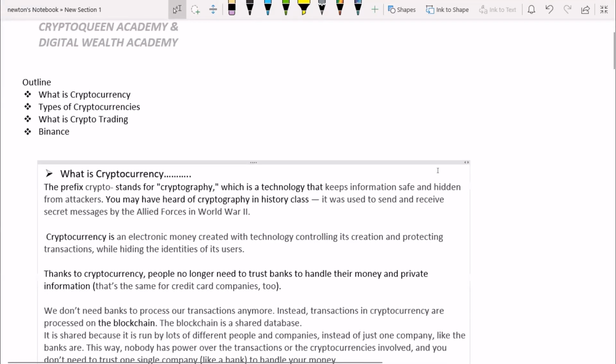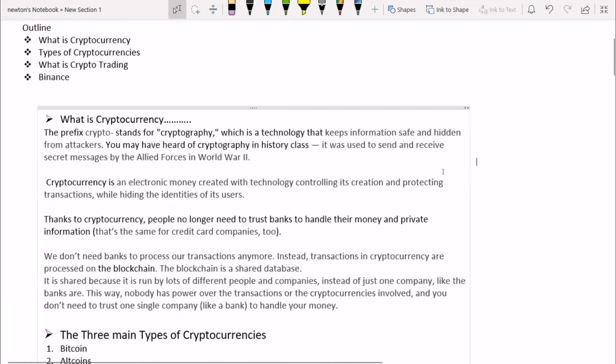Of course, we want to quickly look at what cryptocurrency really is. That word, cryptocurrency. You need to be aware that we have what is called cryptography. And what is cryptography? It's actually a technology that was used way back during World War II. What does it do? It is a technology that's used to pass information between allies. Let's say Americans and Russians are allies. It's more like a very secure network, whereby secret messages are passed so that no one is able to access them. So that's what is called cryptography.